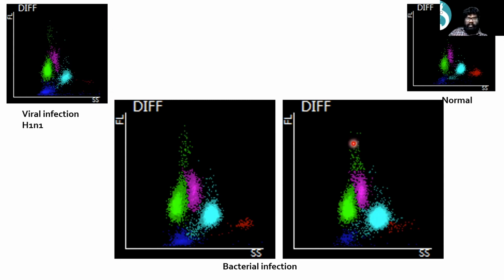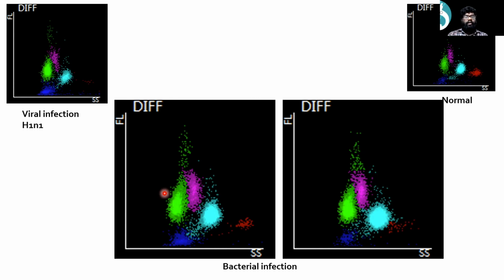When you look at it, the amount of HFC cells on the side scatter is very high in bacterial infection when compared to a viral infection. Another point to highlight is that the dewdrop forms a small droplet, like how a droplet falls down. This is a characteristic difference in the lymphocyte population from bacteria to that of H1N1, which we have observed. So in general, the phenomenon we have noticed is that H1N1 produces a scanty amount of HFC cells,